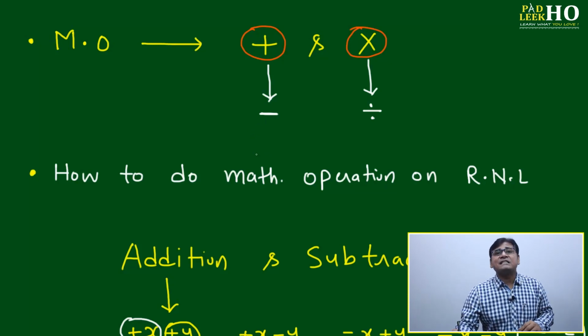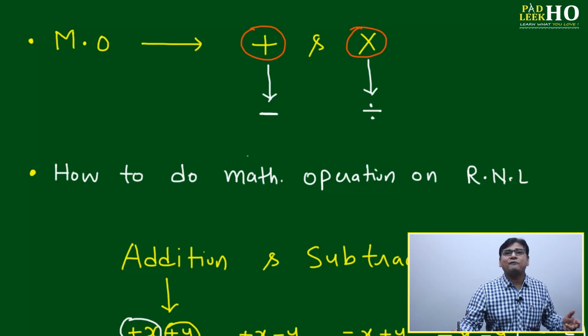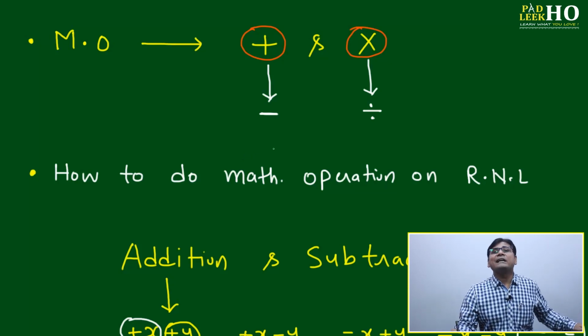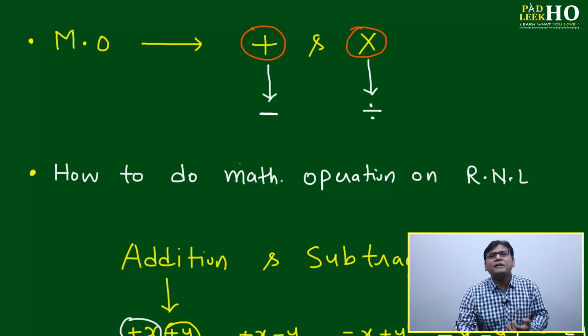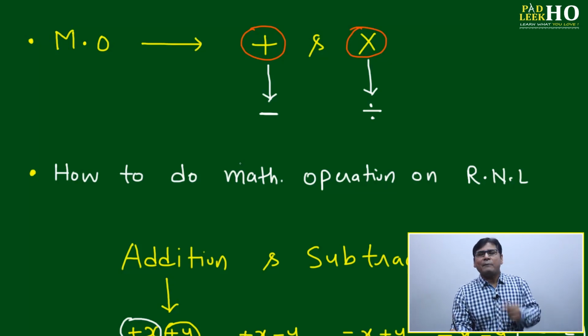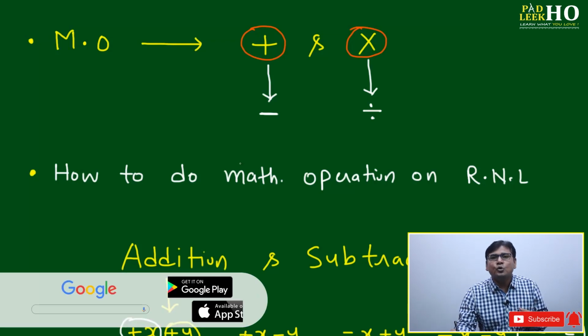Any kind of algebraic series question, or modulus function, or maybe a square function or cube function question, if you are not getting any idea, you will be able to solve based on the real number line. This is one of your best friends during your CAT preparation. If you are not getting any idea, you just take the number line, you will be able to get some idea. I'm 100% sure. Number question, algebra question, or even geometry question also,